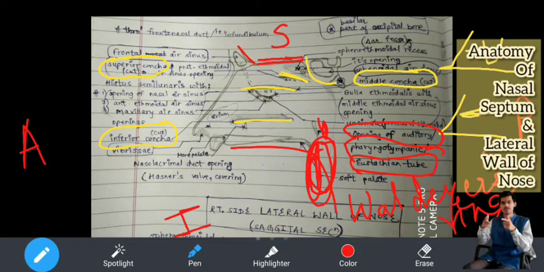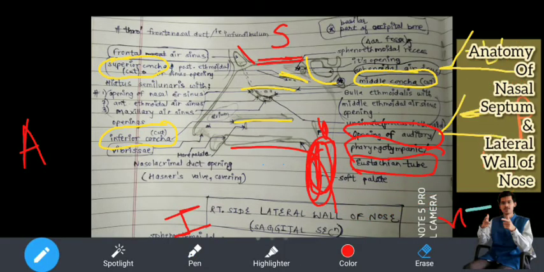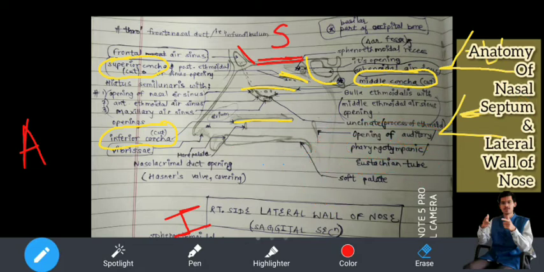Now we are discussing the lateral wall of the nose. So I will erase all this. Someone can take a screenshot of this if you want. Then I will erase all this. Wait, we will come to our main point. Okay. So this was the posterior, the superior, anterior, inferior, posterior. Now we saw the eustachian tube.